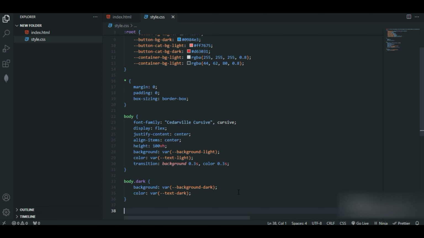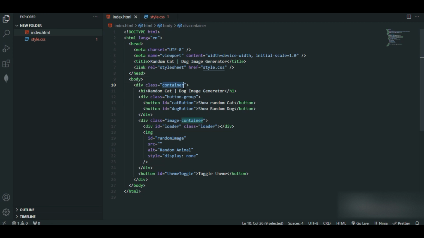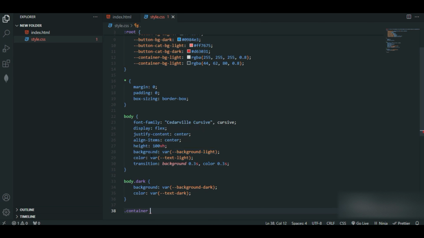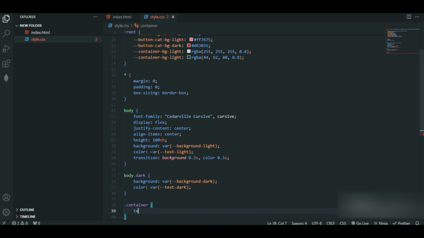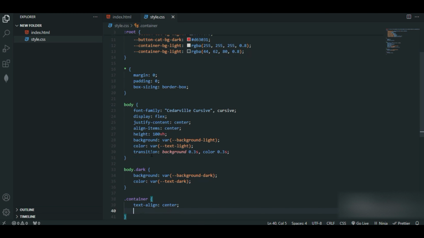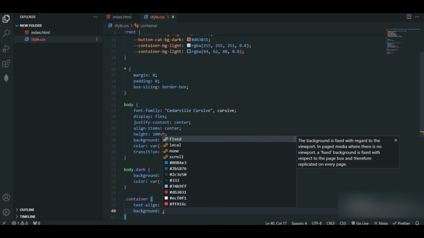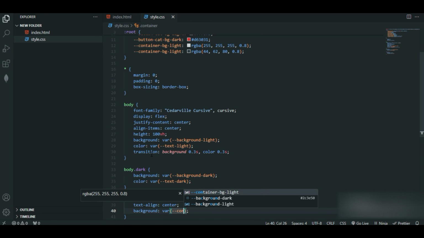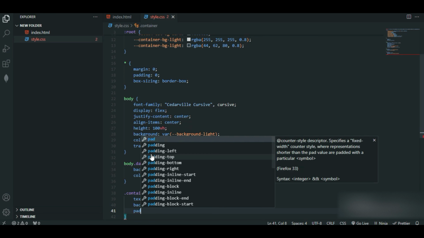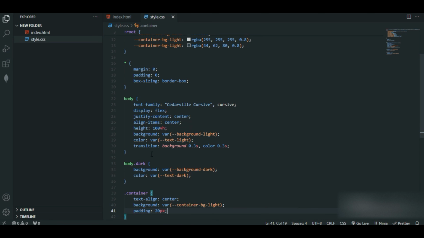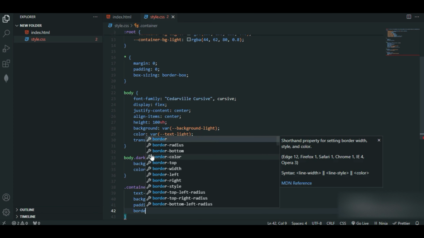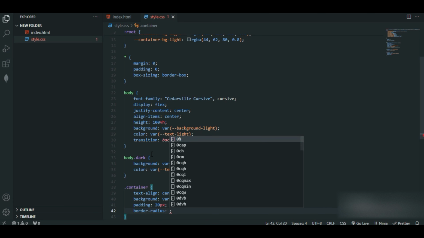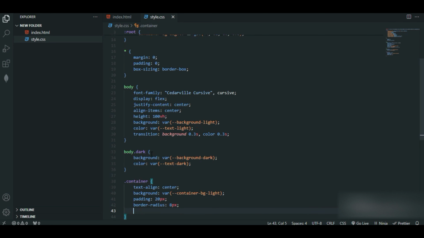Next, let's style for the container. So I'll just go to index.html. I'll copy this one, then paste it over here. Let's start styling. I'll just give text align center, background. I'll make use of where container BG light, also padding of 20 pixel, border radius of 8 pixel,